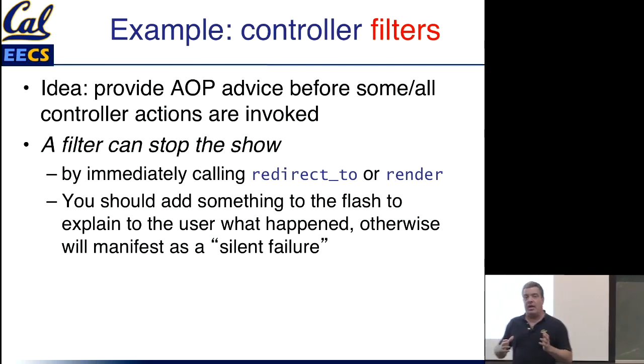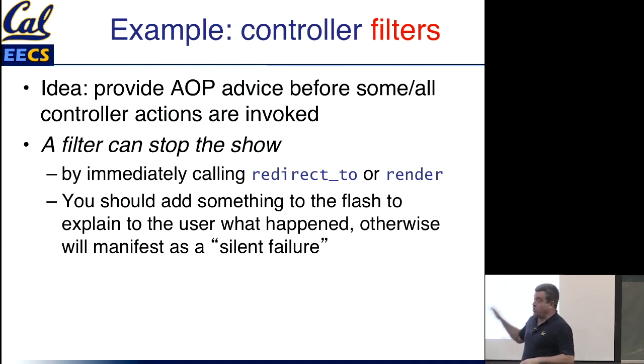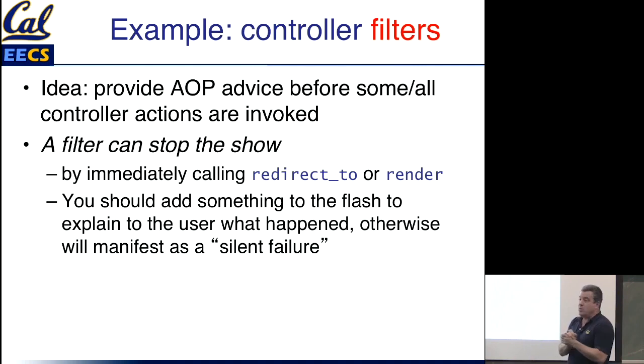And the big difference between validations and controller filters is a controller filter can stop the show. Because it's the controller that gets control, as soon as something happens in the app, the controller filter can immediately take over the powers of the controller action. It can immediately do a redirect, or it can choose to render a view and basically say, no, we're done. The original controller action is not going to be allowed to run for whatever reason. And instead, I'm bypassing it and saying, this is how the request is going to finish out. Usually when it does this, before it does a redirect or render, you've put something in the flash so that when that next page is displayed, the user will have some clue of why the controller action didn't fire.